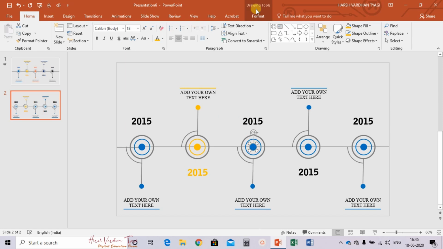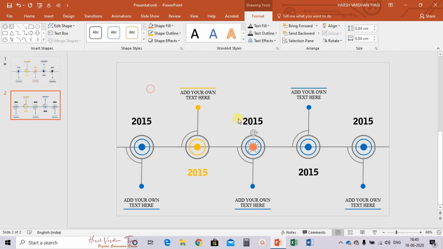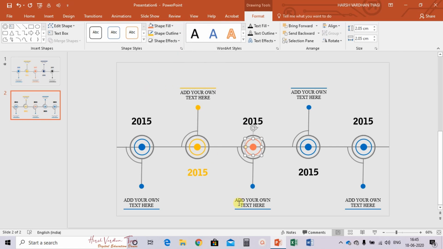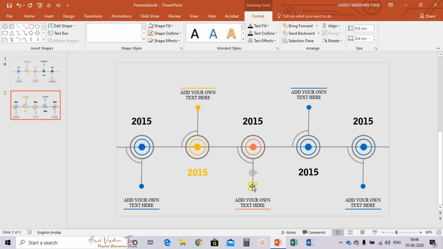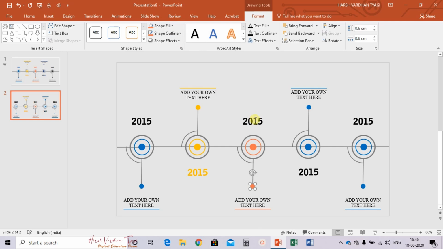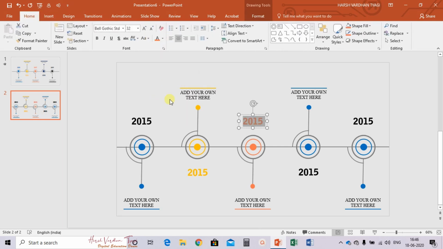Fine. Now this one, select this circle, again go to the format tab, shape fill, select this color, again shape fill, once again shape outline with the same colors, the small circle with the same color. Go to home, fine.